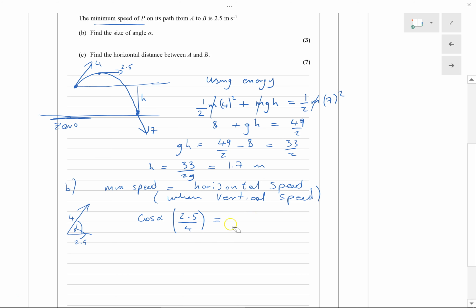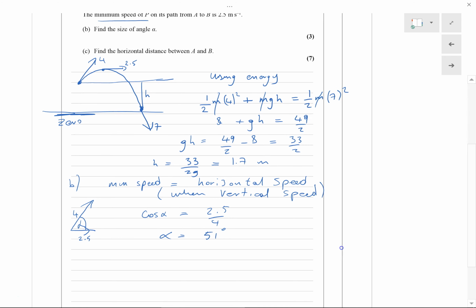Cos alpha is equal, I've written that strangely, haven't I? Is equal to 2.5 over 4. So alpha is the arc cos of that, which is 51 degrees. Okay, so that's